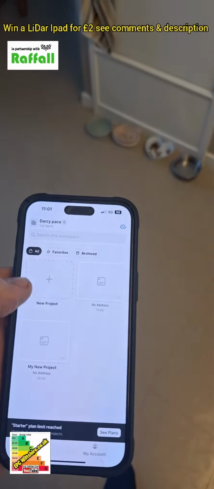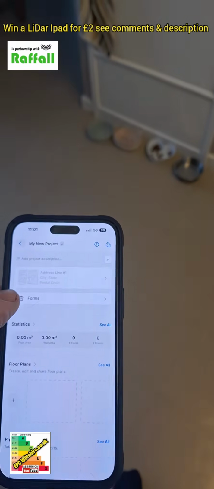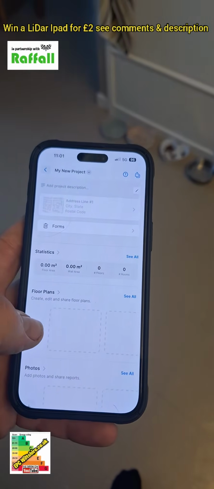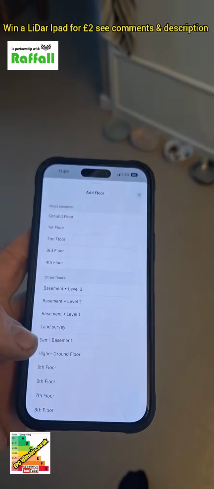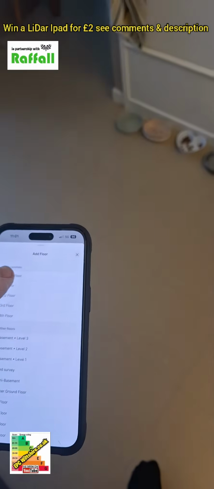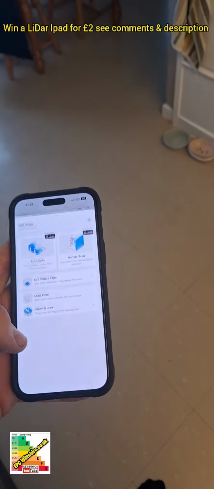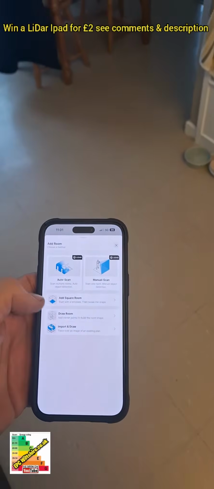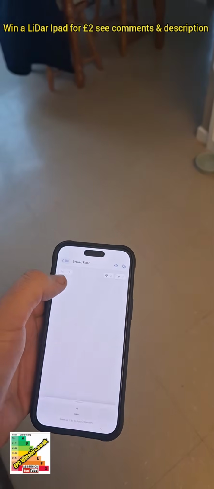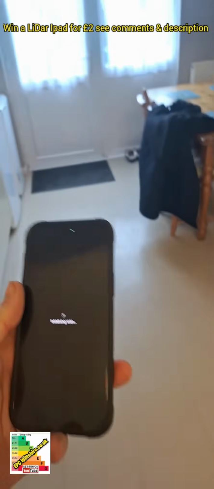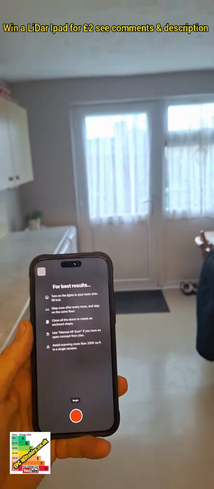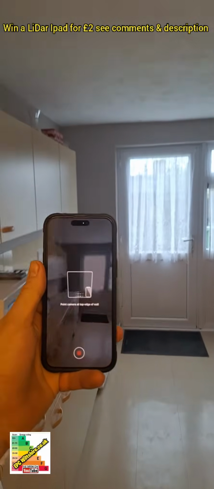Okay, so open up the app, new project, and then press this. So we're going to go for ground floor, and then insert room, and then add a square room, auto scan. Begin. So we're in the kitchen at the moment,